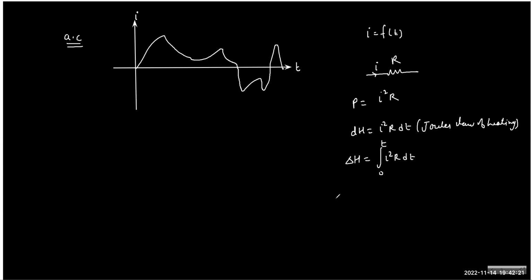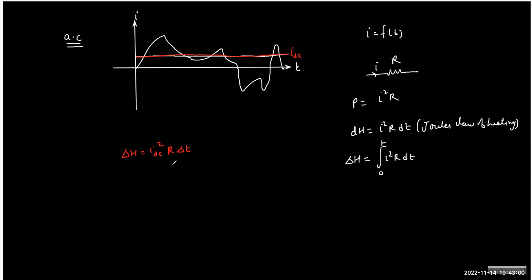Now, because it is a variable function, what is the average value? What is the constant value which we can assume, which will also lead to the same dissipation? So I want to know that constant DC current, if we assume it is flowing constantly for a time t again, then the amount of heat dissipation is the same. So in this case, it is I square R delta T. Why are we writing it like this? Because here I is constant, so it's not variable. We need not integrate, isn't it?